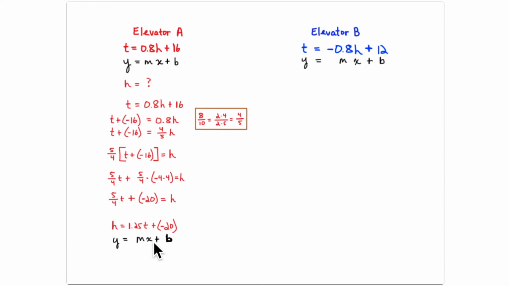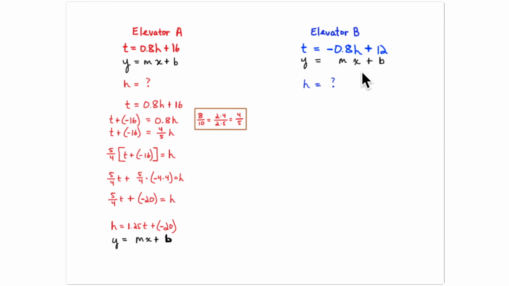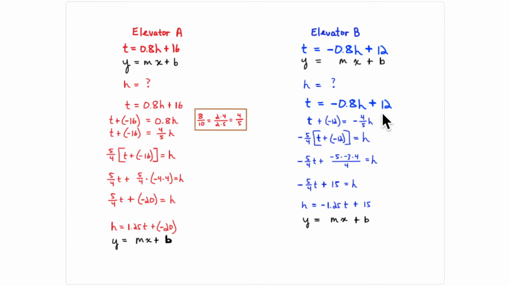So one more time: time is the independent variable. Height is the dependent variable. Height is dependent on the amount of time that you plug into the equation. Same thing with elevator B. So I'm going to go through, move the